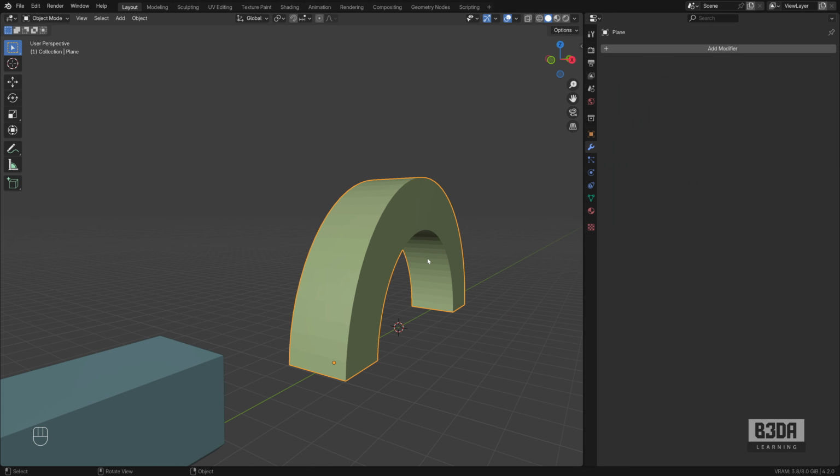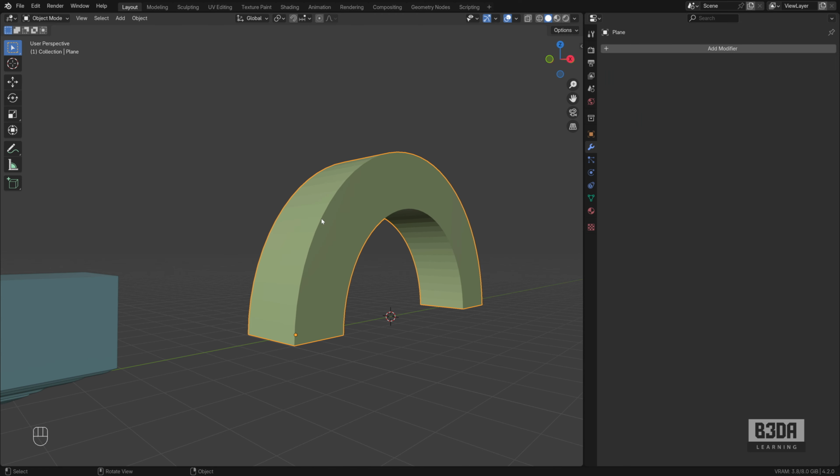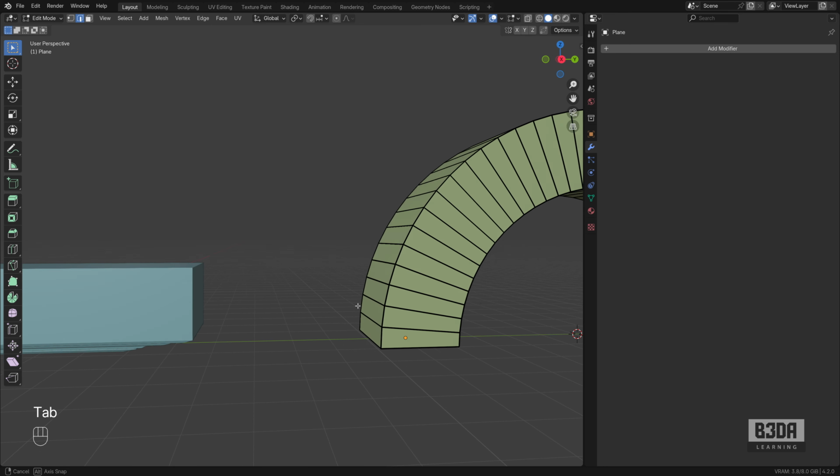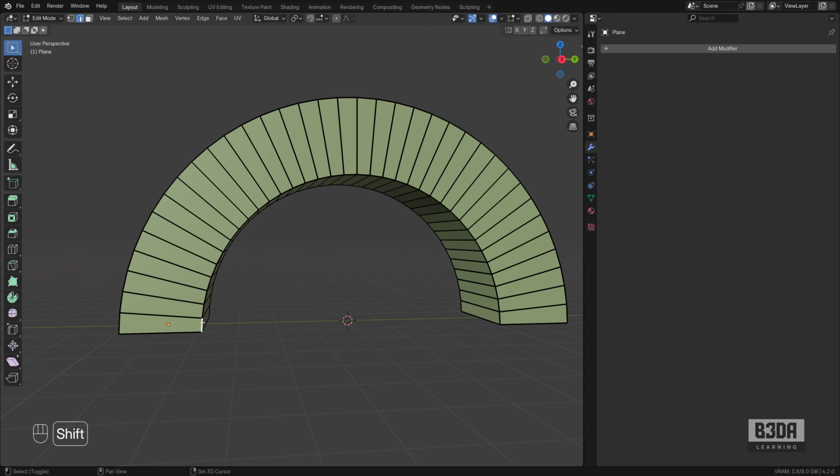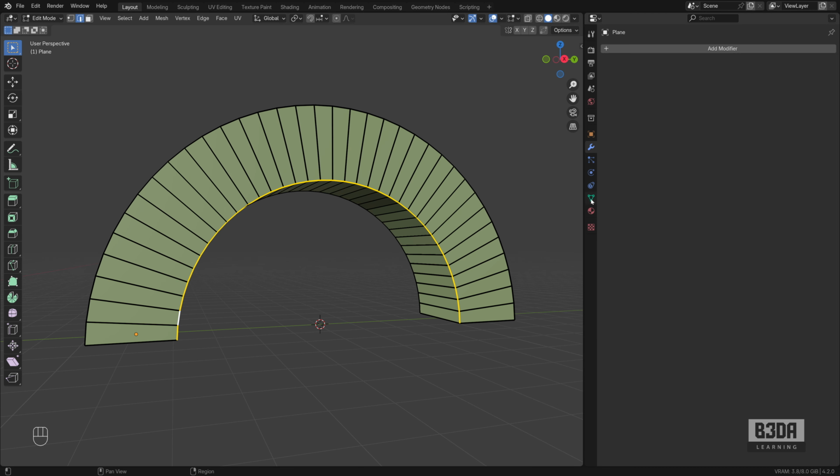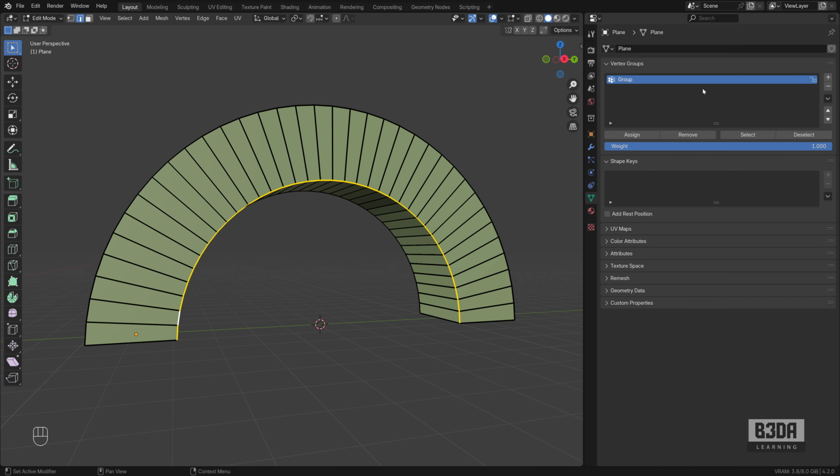Let me do the same thing here. We can create a vertex group. Let's try with this interior shape here. If you want to select the entire arc at once, you can press and hold the Alt key and click on any edge. It will select the edge loop. We can create a vertex group for this one. Let's go with arc, assign,